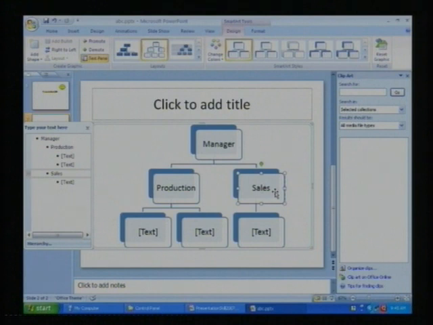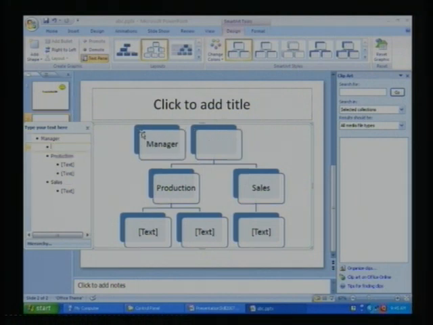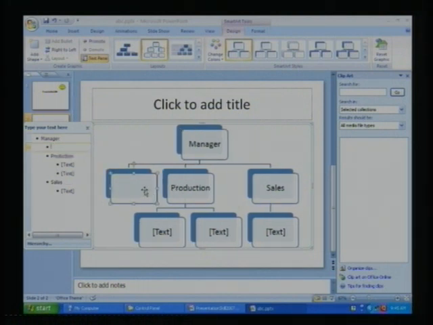To add new content, simply put a cursor here and you can specify an additional level or an additional entity in that level. Marketing.